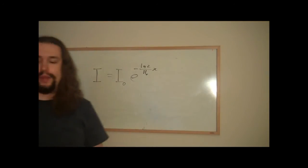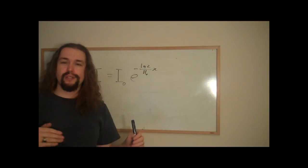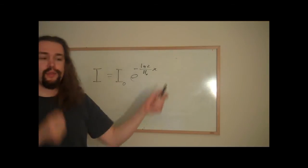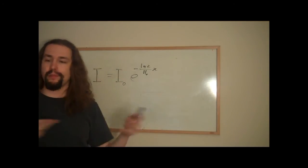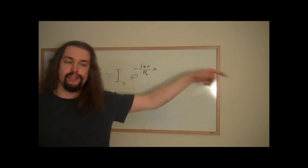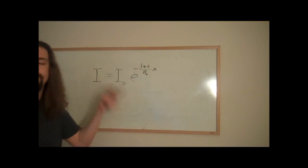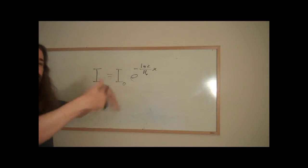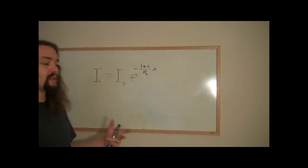Now, halving value is the amount of something required to, on average, decrease the radiation going through it, the flux, by half. If you imagine somebody shooting a gun through a forest, the thicker the forest is, the more bullets it's going to stop, because the bullets will hit trees. But there will always be a chance that a bullet will make it all the way through. And so that's why you don't say this is the value required to stop everything, because you don't actually know. There will always be a little bit that makes it through. But typically, over time, given math and probabilities, we know that a certain amount of something will typically reduce the